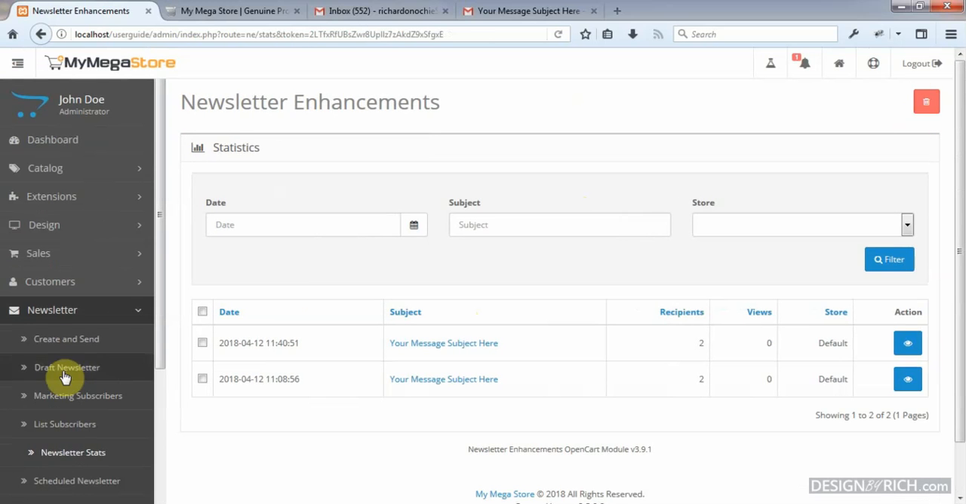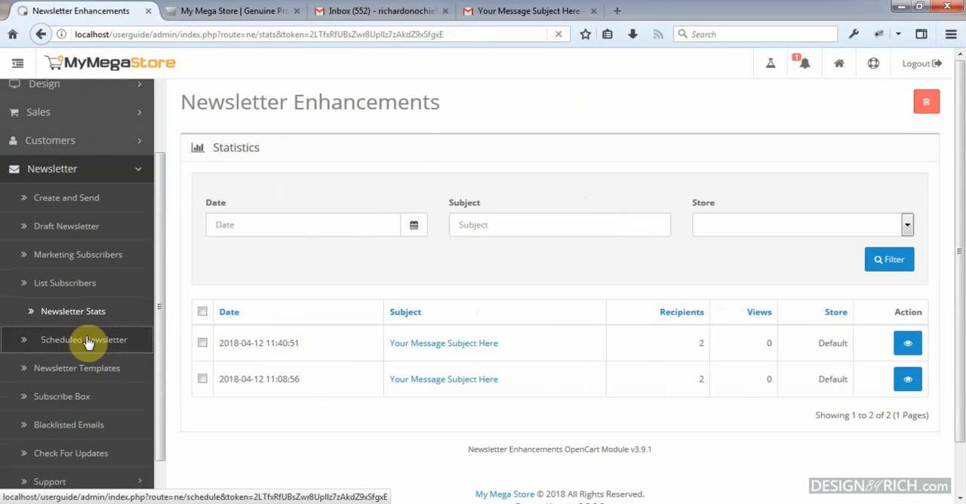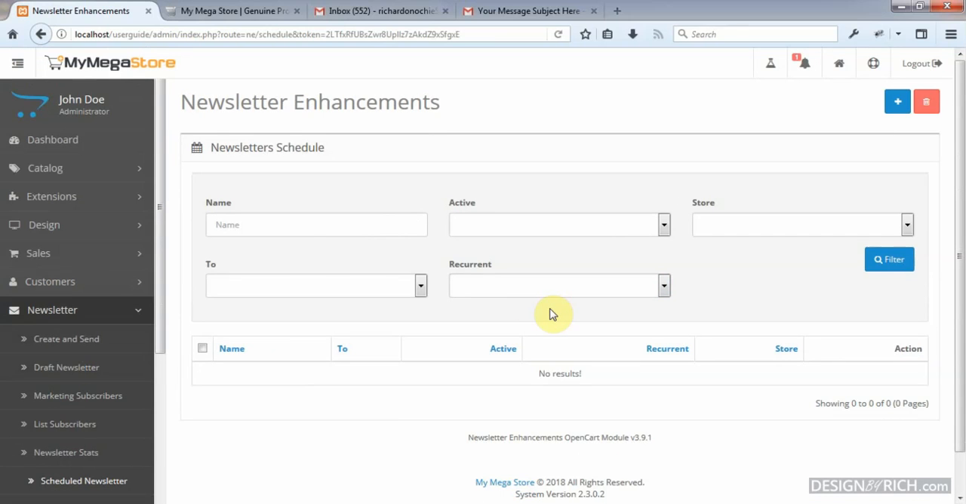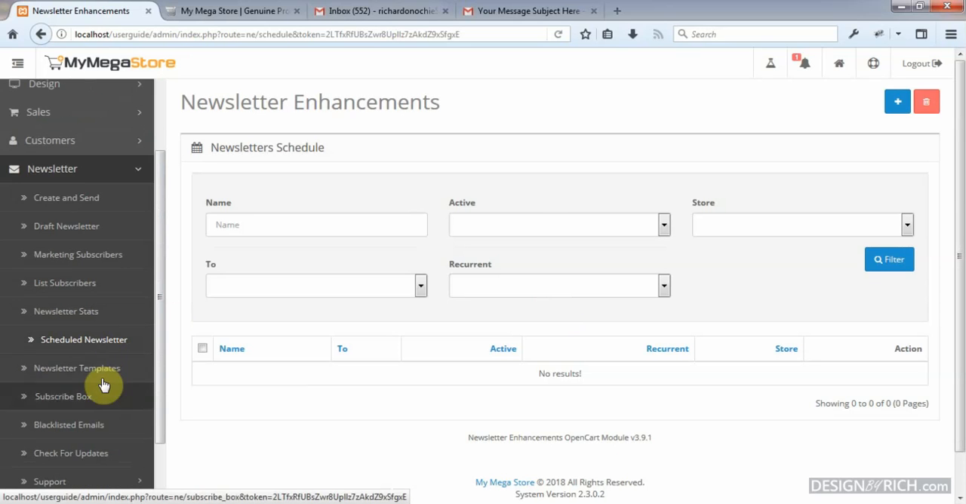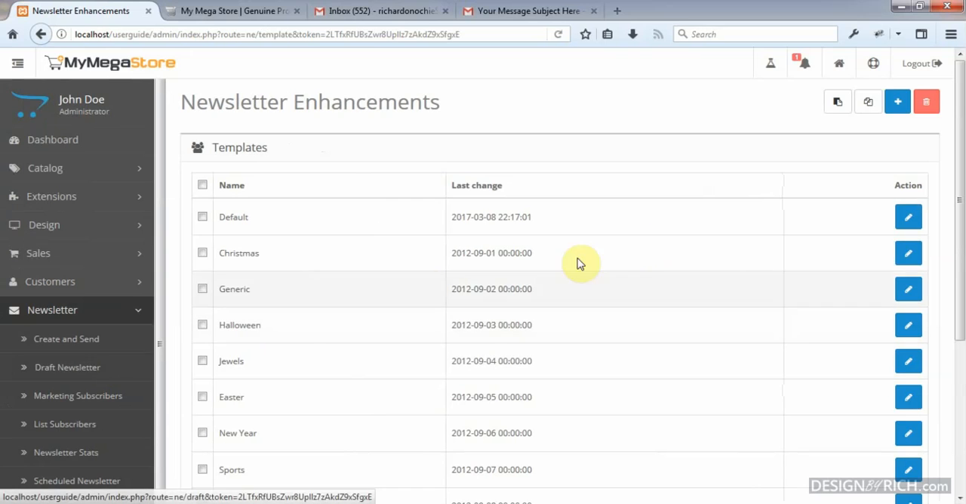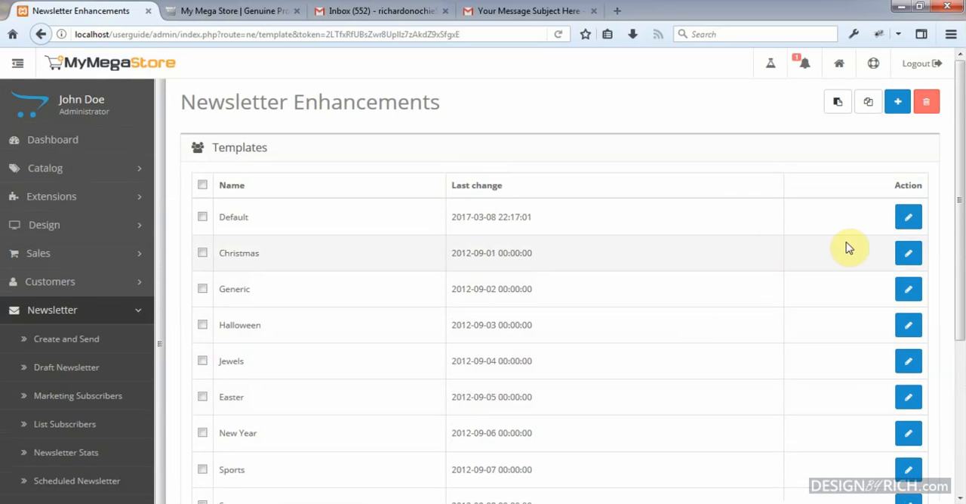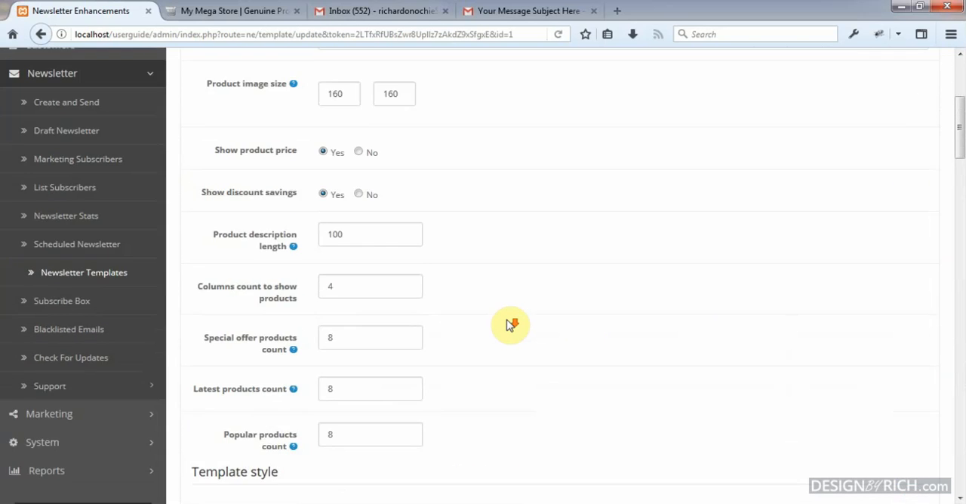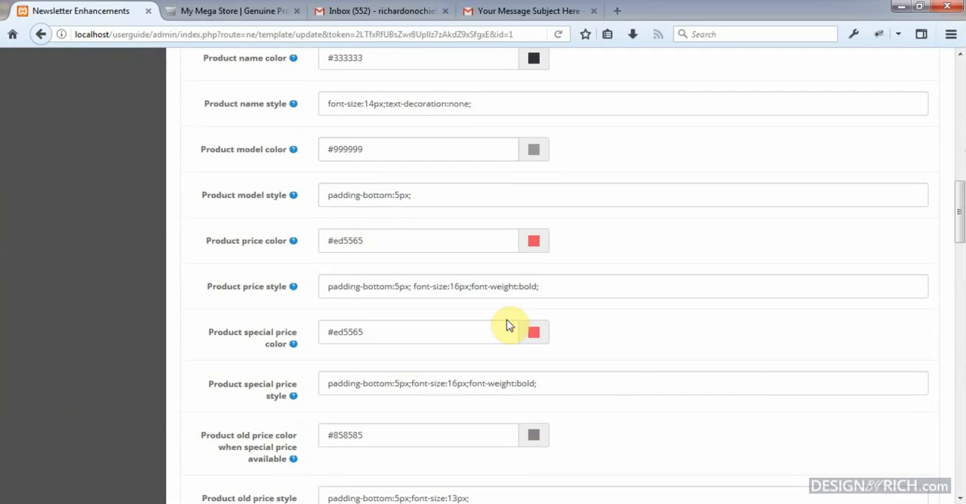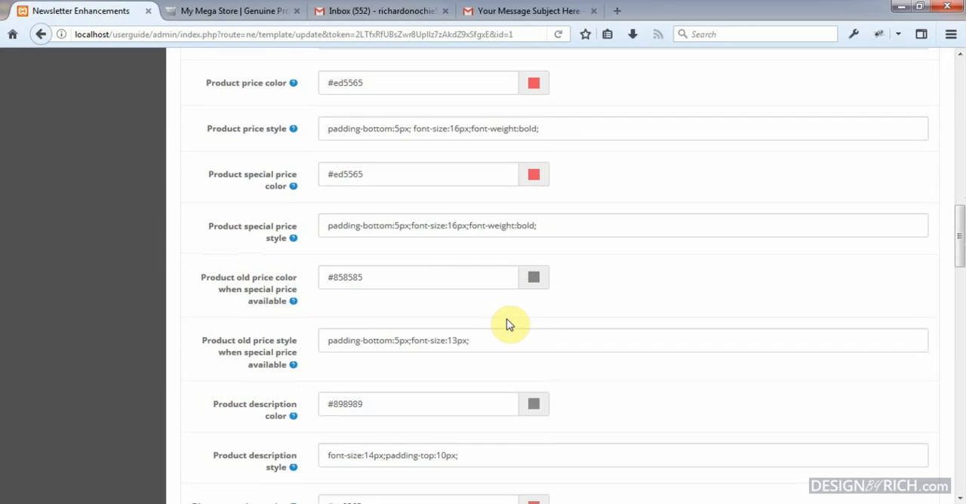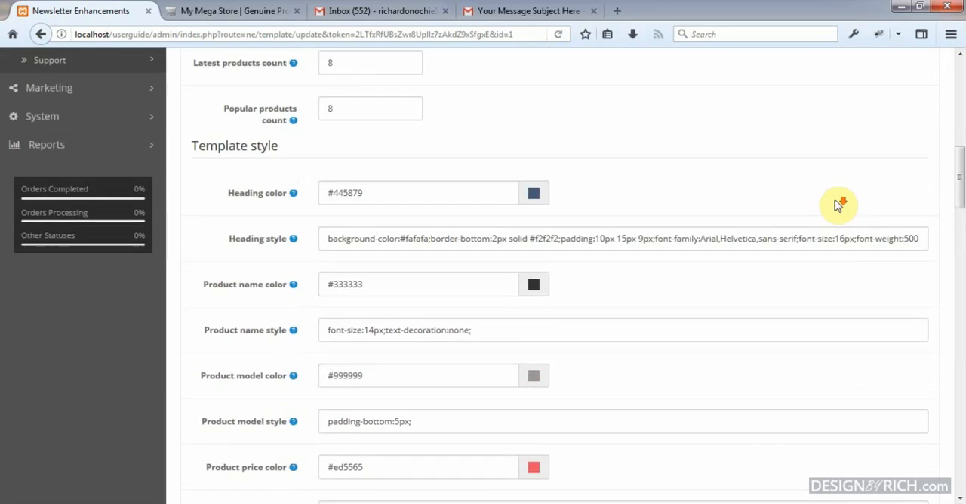Okay, then if you click on a scheduled newsletter, here you can see the newsletters scheduled to be sent at later dates. Okay, then if you click on a newsletter template, here you see the list of different newsletter templates that you have in your store. You can click on the edit button here to edit any newsletter. Here you can see all the details that you can modify. That is, if you know what you're doing. Okay, so